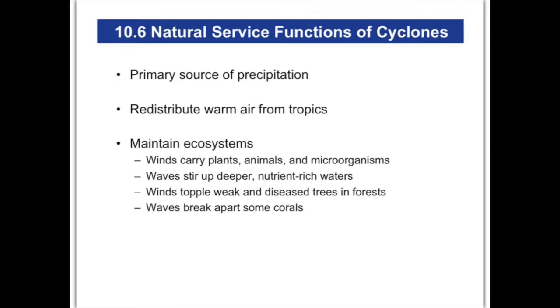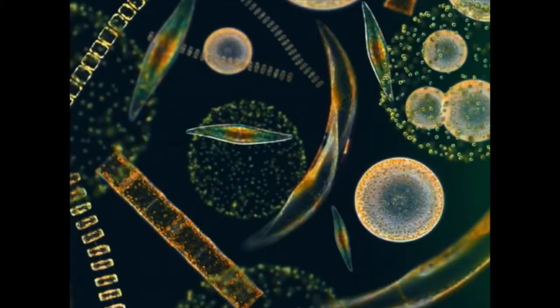Winds and waves can stir up all kinds of animals and microorganisms, and bring up nutrients from the bottom. I'm thinking in particular of things like this phytoplankton right here, and there's zooplankton. All these little, teeny tiny organisms that can be found in the deep ocean. Well, hurricanes tend to stir them up and redistribute them around, and make them more available to other parts of the ocean, and also can move them great distances across the ocean as well.